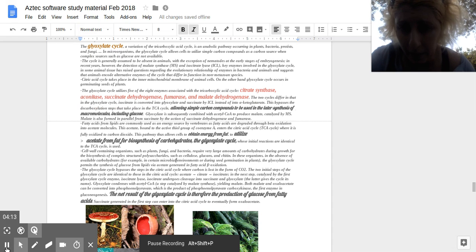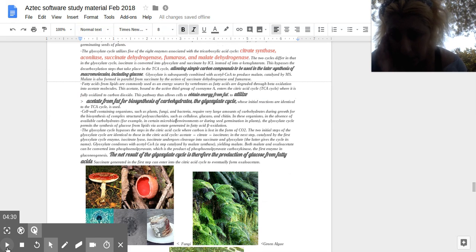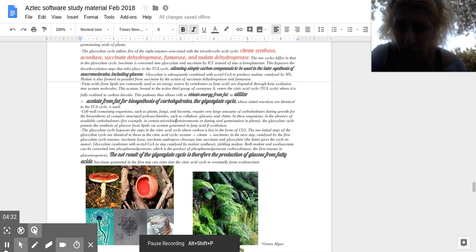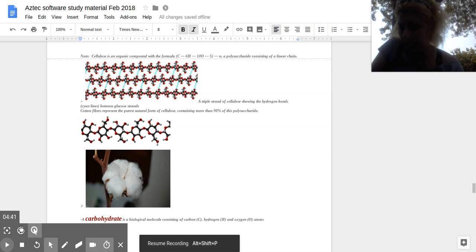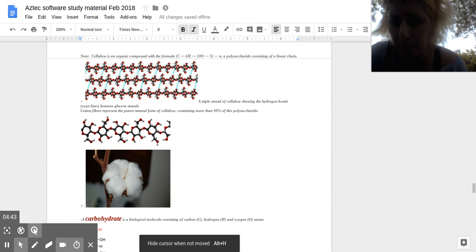So in the glyoxylate cycle, the decarboxylation steps that take place in the TCA cycle are bypassed, allowing simple carbon compounds to be used in synthesis of macromolecules, including glucose. So fatty acids from lipids are used commonly as an energy source by an example of a complex